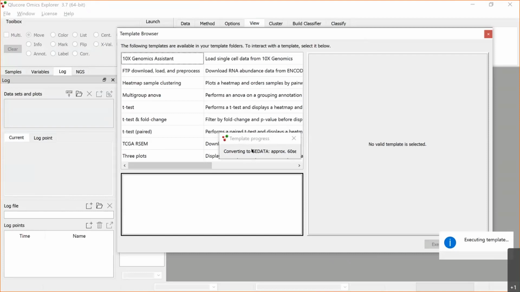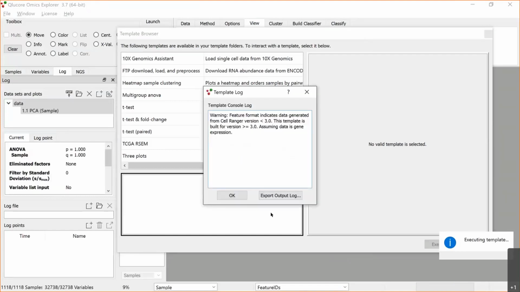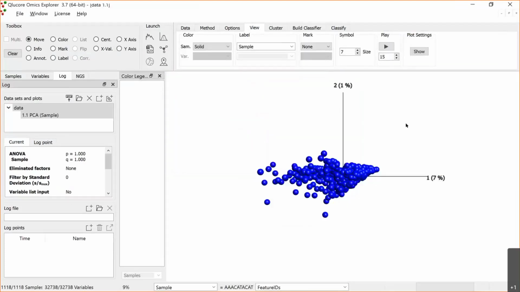Yeah, so now I hope that this is done. Yes, now we are there. And we got a little error message that we have built it for version greater than or equal to 3, but this was actually generated from an earlier version, but it actually works anyway. So here is now our data set with 1,100 samples, as you can see, and 32,000